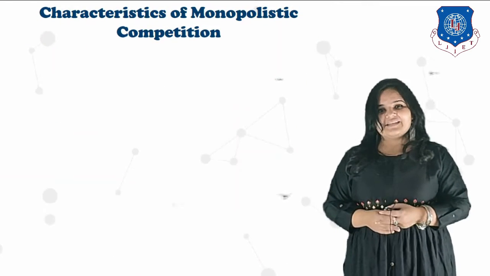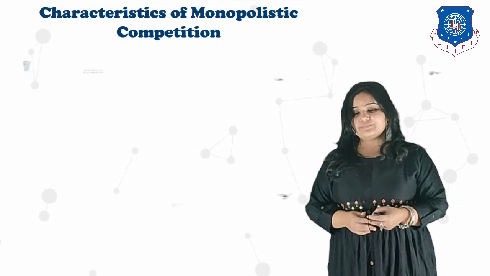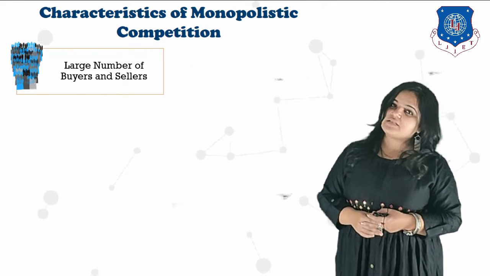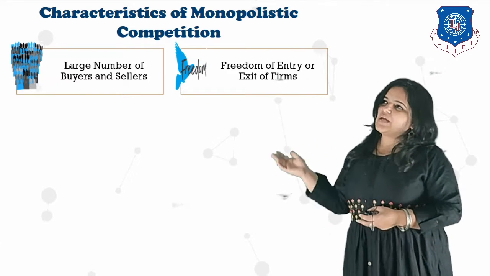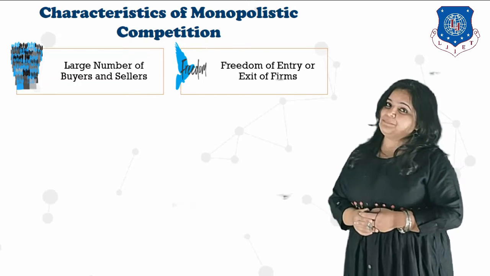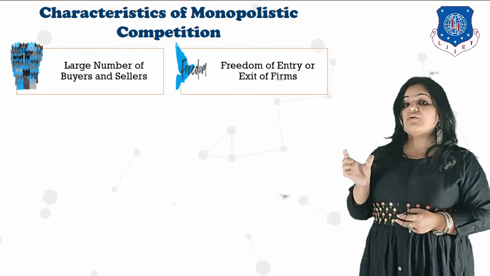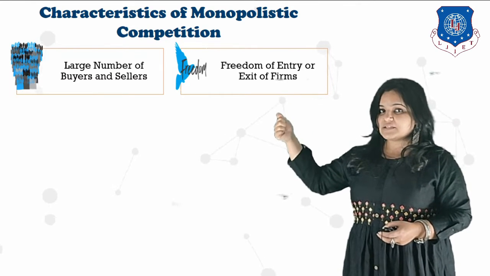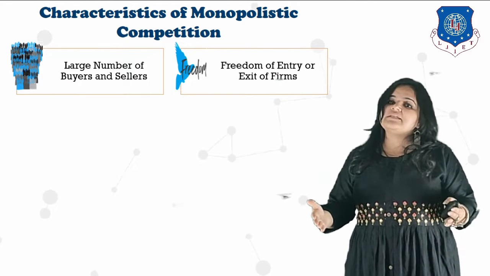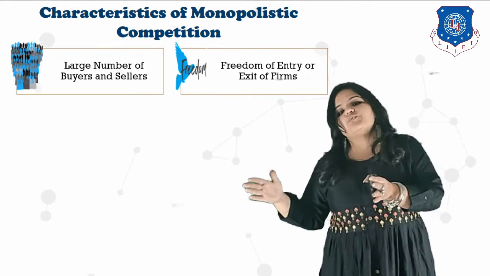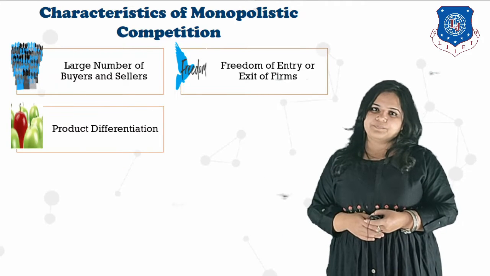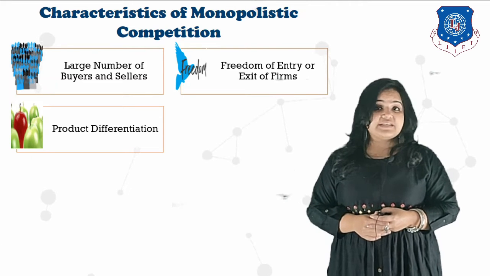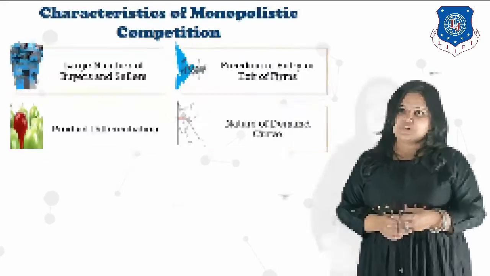Let us see the characteristics of monopolistic competition. First and foremost, as I told you, there are large number of sellers and large number of buyers, and that is why entry and exit would obviously be free. Wherever you see the word large number of sellers, there would be free entry and exit, because only if entry and exit is free, the sellers would get to be large in number. They all are selling differentiated products. They are not selling the same product but different products.